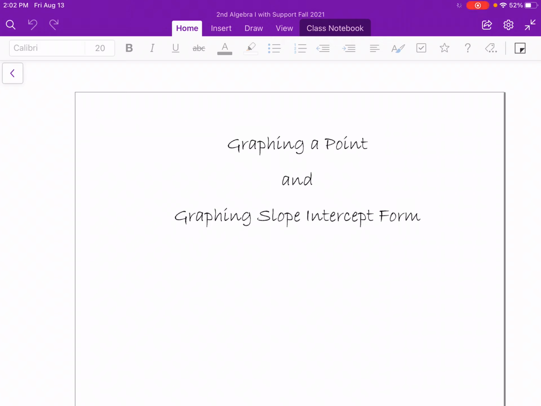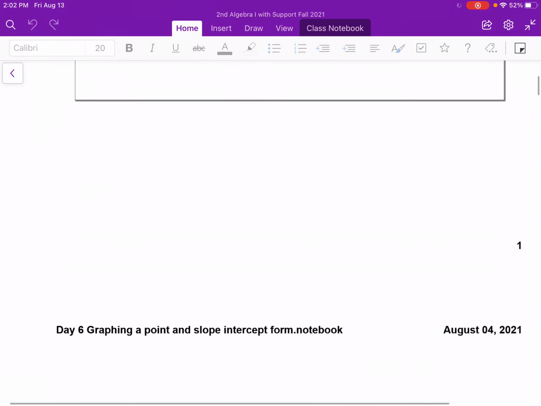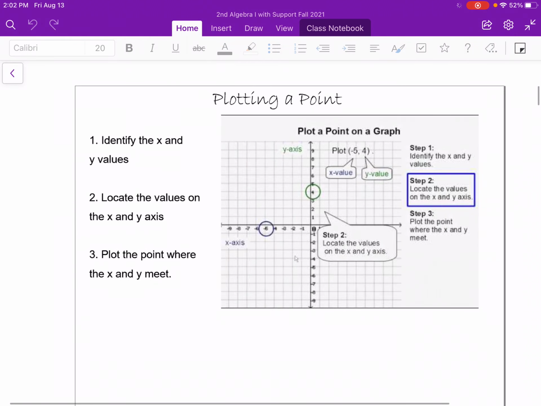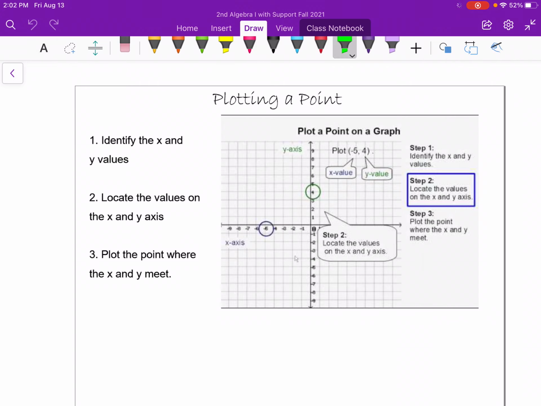Okay, today we're going to learn about graphing a point and graphing slope-intercept form. So when you're plotting a point, you have to first identify the x and the y values. Our x values are along this axis here, and our y values are along this axis here, and you're looking for where they intersect. So you're going to locate the values on the x and the y axis and plot the point where x